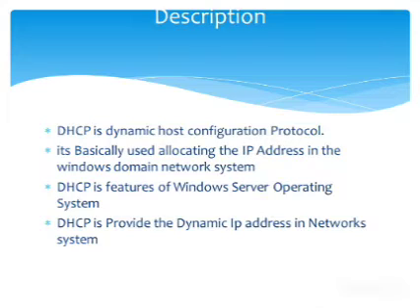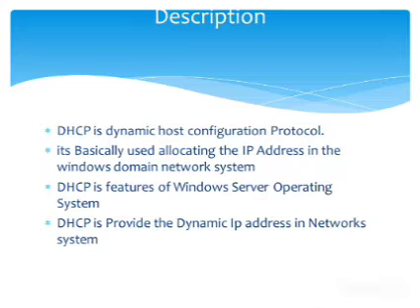And the next thing is this DHCP feature is part of the Windows Server operating system. It means to say it's a type of feature of the Windows Server operating system. They basically use it as a type of role, right? So next, DHCP provides a dynamic IP address in the network system. Dynamic IP address means to say its IP